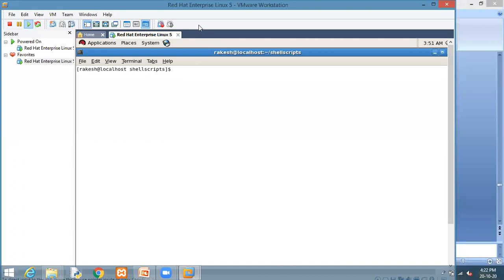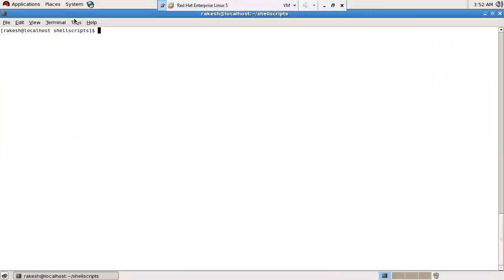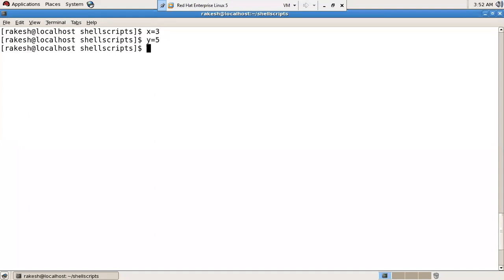Okay, let's take the first example about the computation. We take any variable x equal to 3, y equal to 5, or any value you can take. Then EXPR, what I will do is $x plus $y.